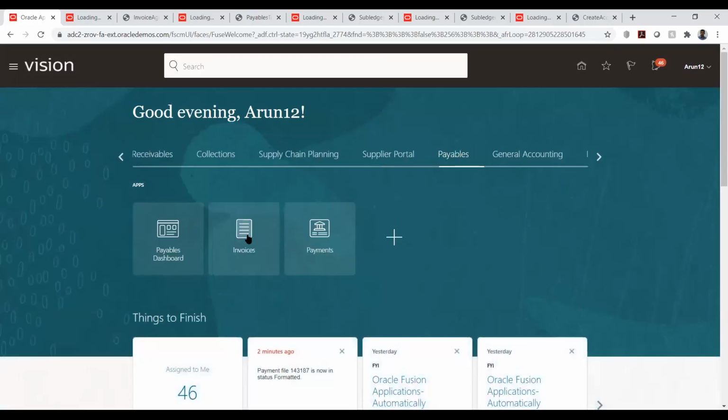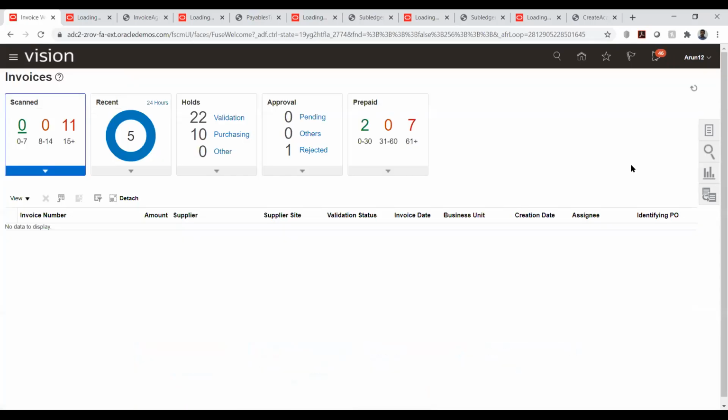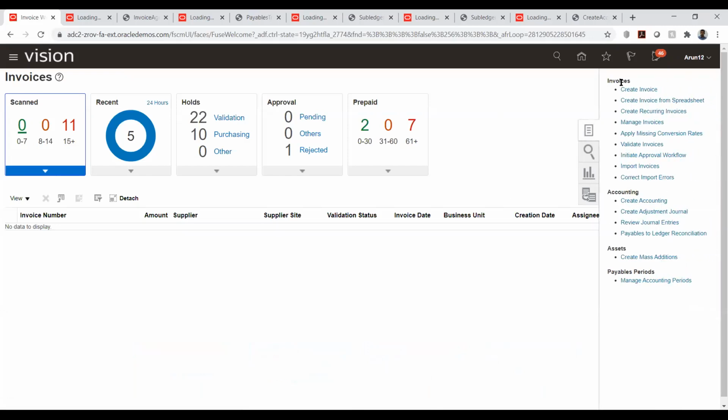Apart from this, we have the recurring invoice. Let's see how to process it and why we need it. Basically, we have a few recurring bills like rent and electricity and other things, and we might have maybe 300 to 400 vendors in some cases. In this case, we cannot create them manually.